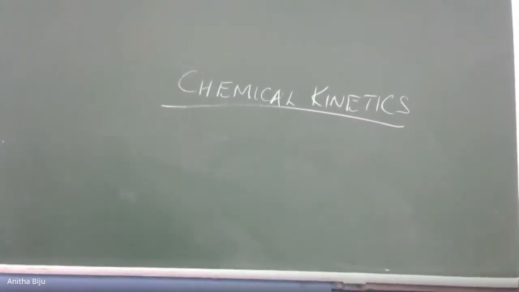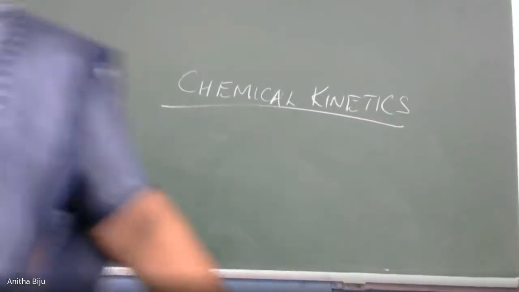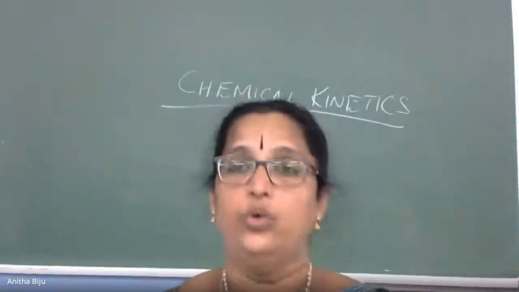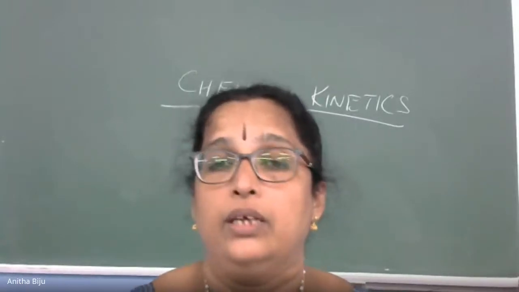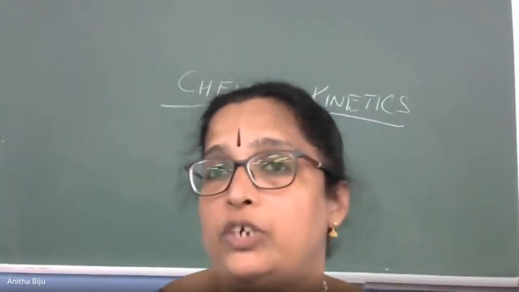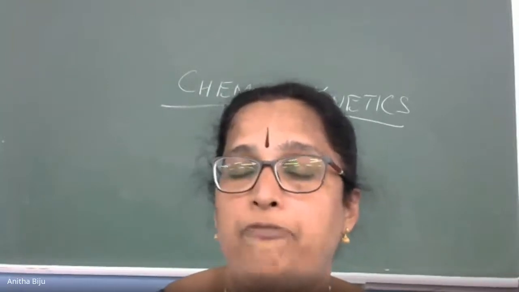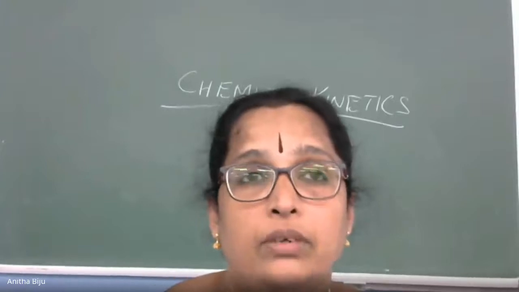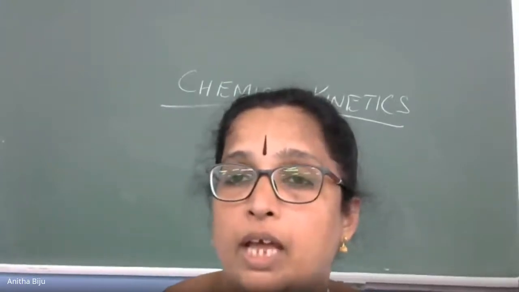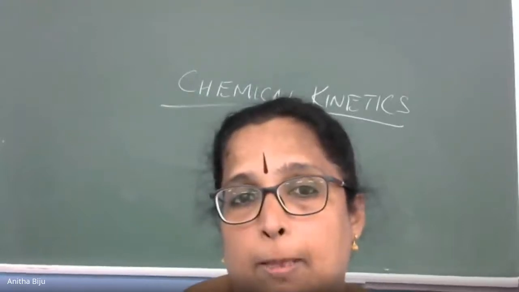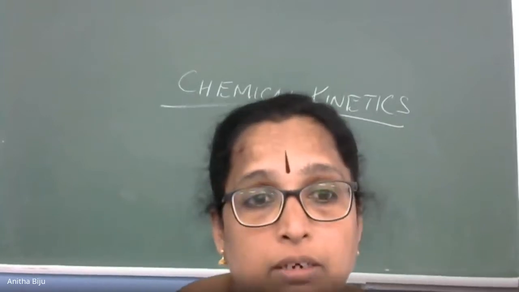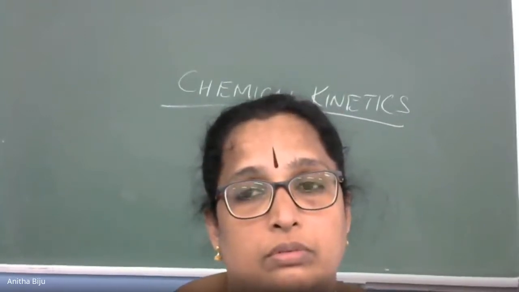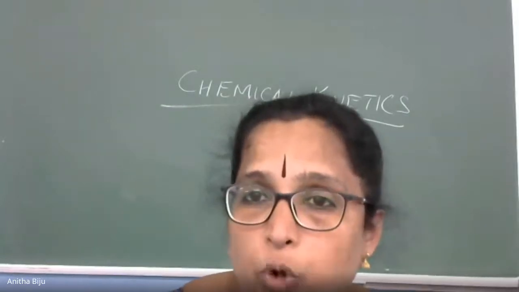So let us start rate of the chemical reaction now. When we are considering chemical reaction, I will tell you three different types of chemical reaction. Even you can write it in your copy. First reaction is a reaction between barium chloride and sodium sulfate. Write the equation. Barium chloride plus sodium sulfate. Complete the equation. Completed. What are the products obtained during the reaction? Anyone? What are the products obtained?